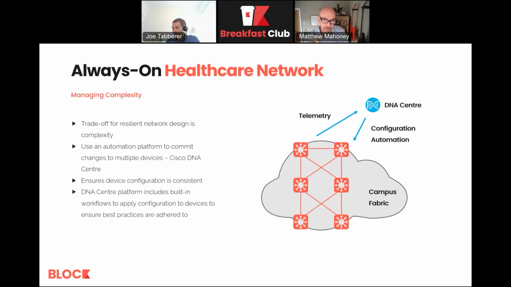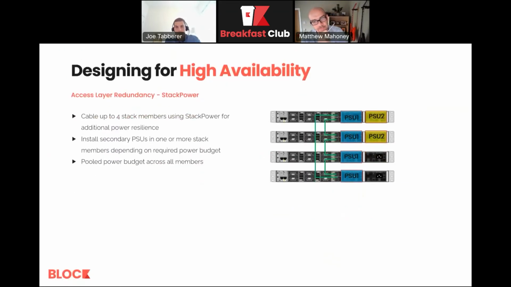So we've talked a lot about physical connectivity and about the logical stuff. In my experience, all of this is really underpinned by redundant power to your cabs and your switches. What options have we got there in terms of providing resilient power to our network stacks? Yeah, I'll skip through this rather quickly, but it's common to use stacks for access layer